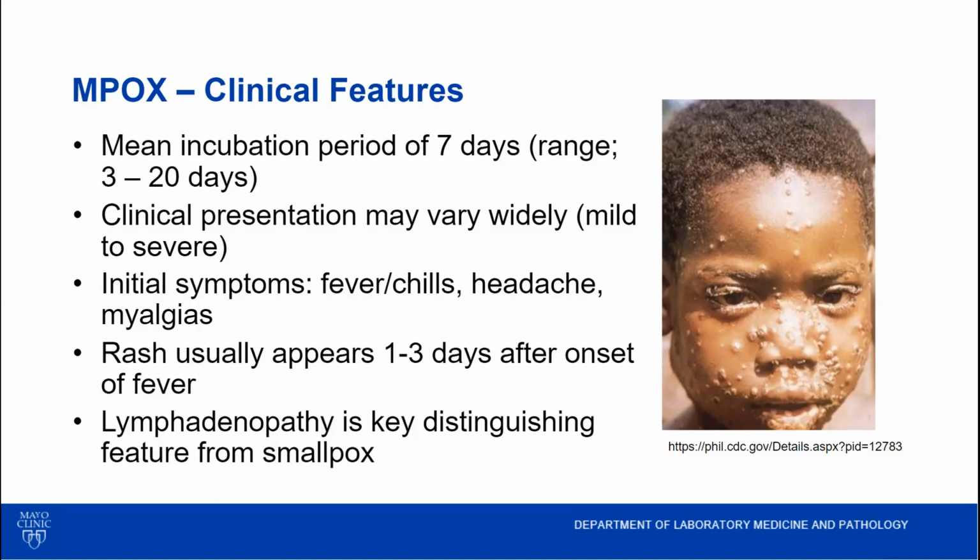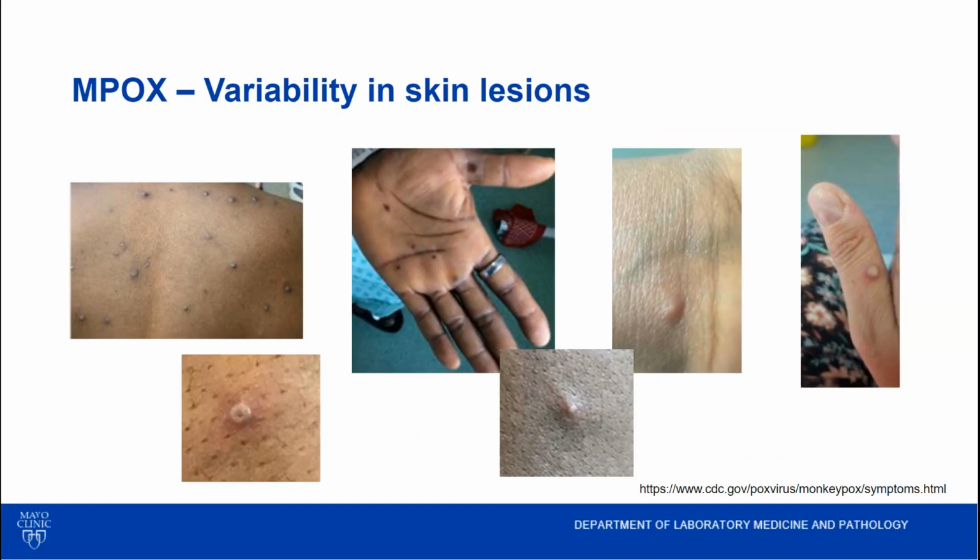Unfortunately, this is not the presentation that most patients are presenting to emergency departments and clinics with. Instead, these are the types of lesions that patients are presenting with. You can see a wide distribution in the appearance of these lesions, from what looks like a pimple on the fourth image from the left, and then on the thumb on the far right-hand side, that may be similar to a lesion that might be found on a young child that has hand, foot, and mouth disease caused by Coxsackie